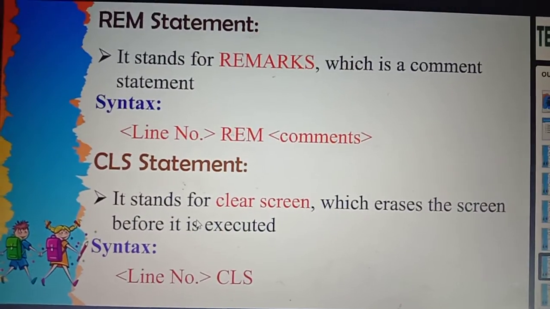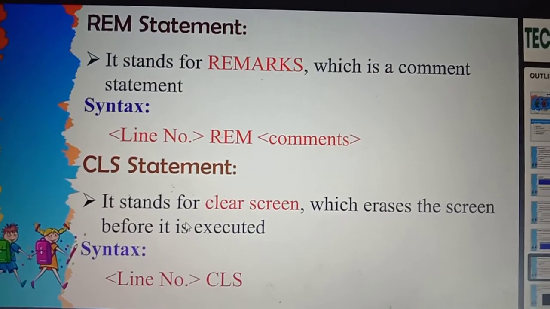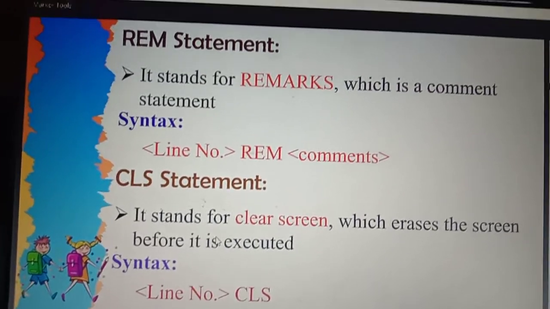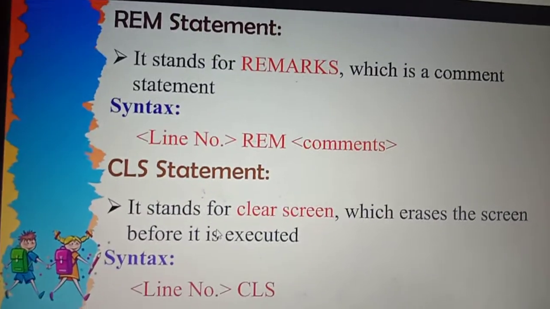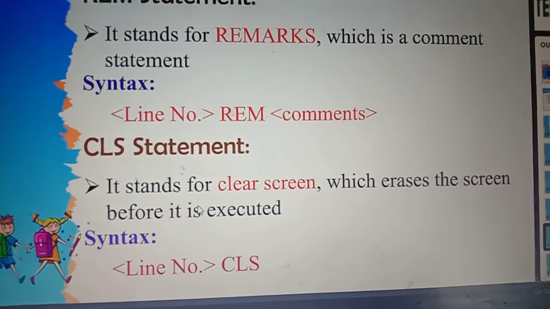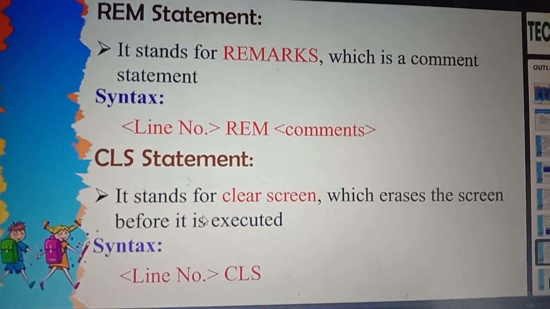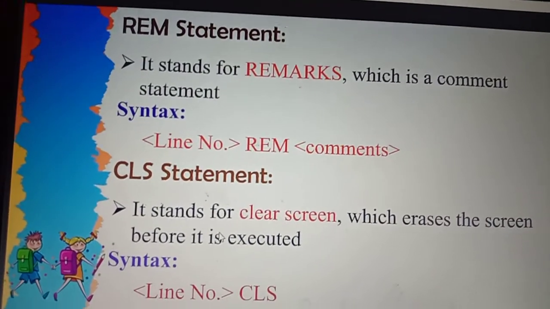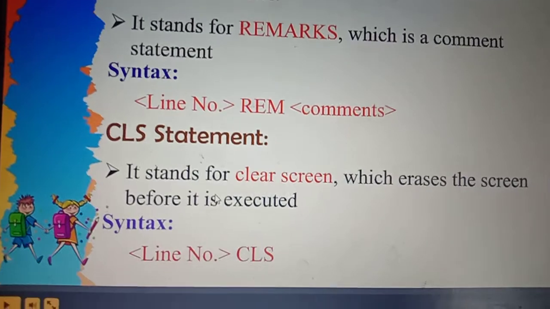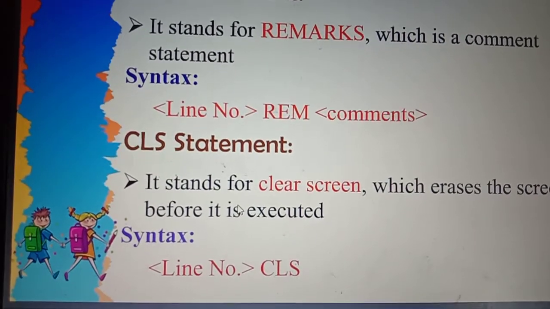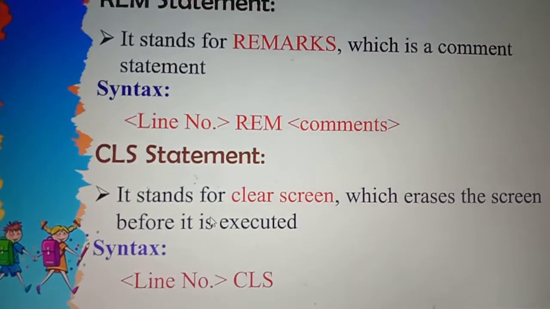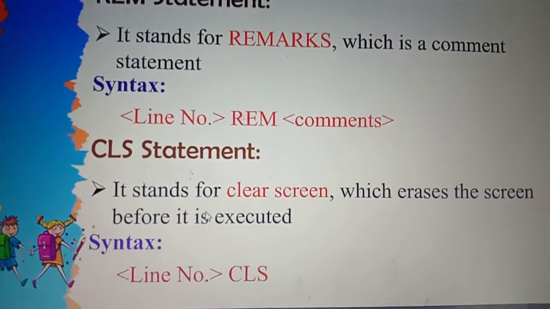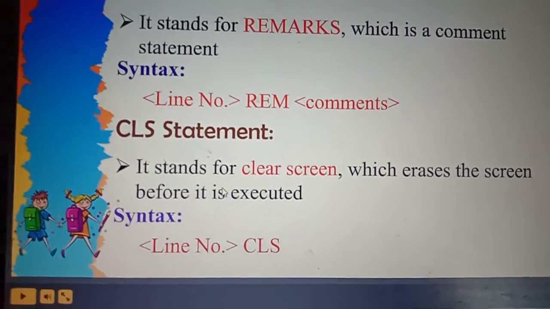See here, when I allow you to do programs in QBasic, if you know more than 4 to 5 programs, what will you do? You will keep on doing the programs and seeing the output, right? So you finished your first program and you got the output also. When you start a second program, if you feel you no longer need the previous program's output, that time you can use clear screen. If you use a CLS statement, the previous output will be erased, or else if you are not using CLS, the previous output will also be available in our output screen.